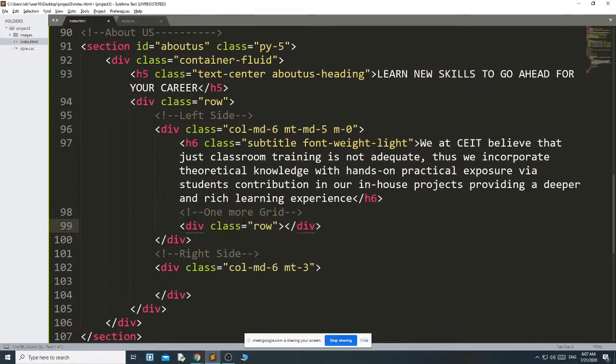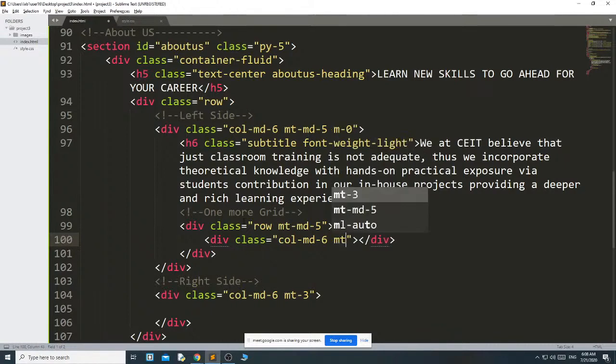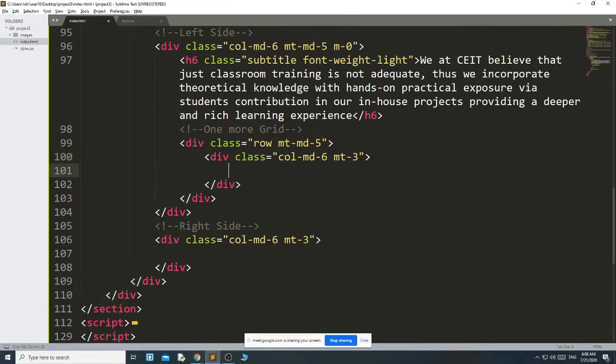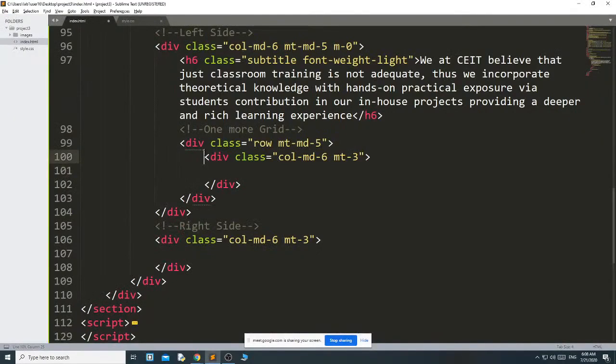Okay, and this I want to give the margin, then inside this div class col MD6 and just give the margin 3. Okay, how many do you want? 4, because 1 2 3 4. When you are giving MD6, in one row it will keep 2 columns automatically, or the third one will come down. Okay, this is the first row,